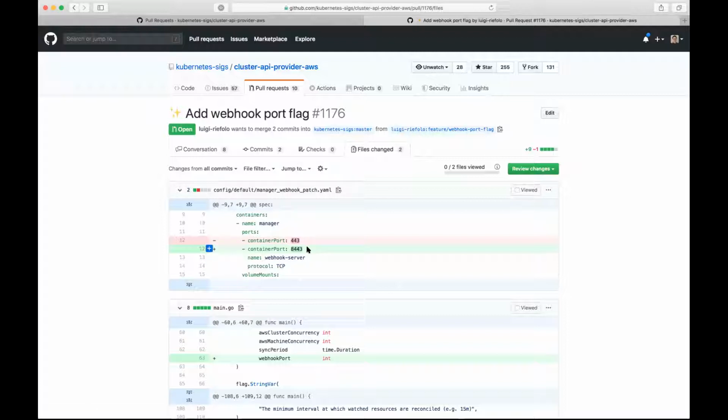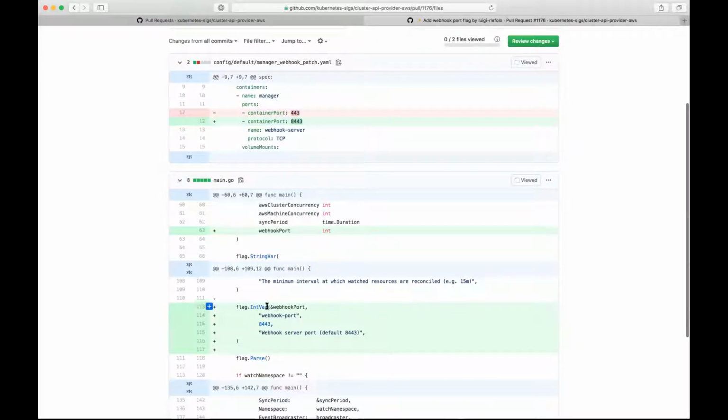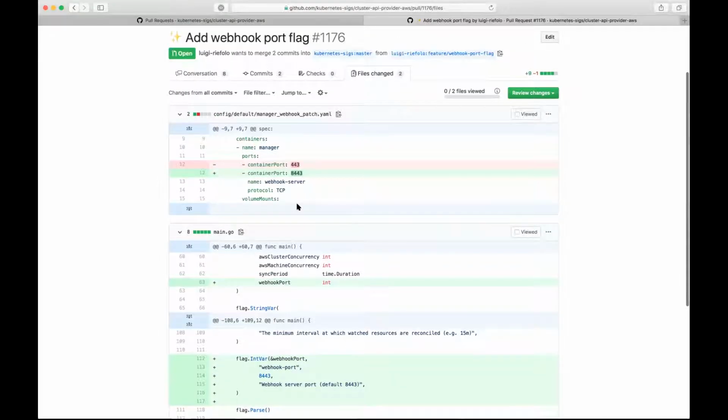Although I did have a question. So the ports in the container portion of the pod spec, I know tends to be informative and not prescriptive. And I'm also wondering, if a user were to change this, then presumably they should change what's in the patch as well. I'm wondering if this is even really needed, or if we could just remove this entirely. Does anybody know? Yeah, that's correct. I think it would be correct to remove that part of the PR.